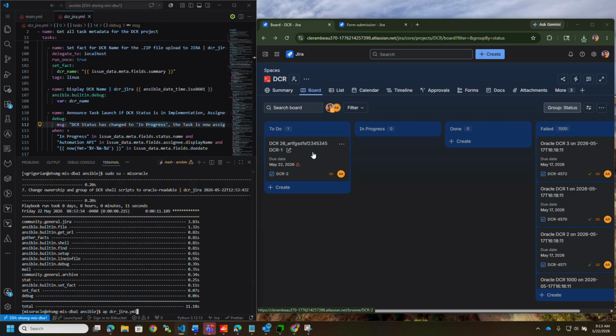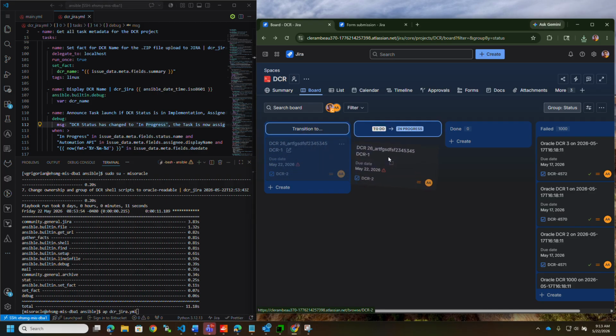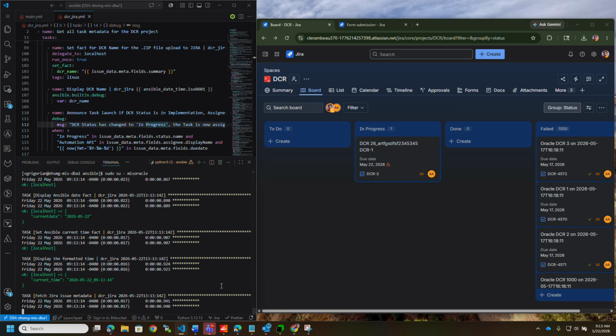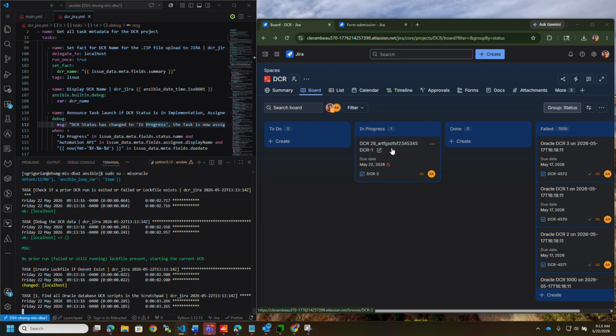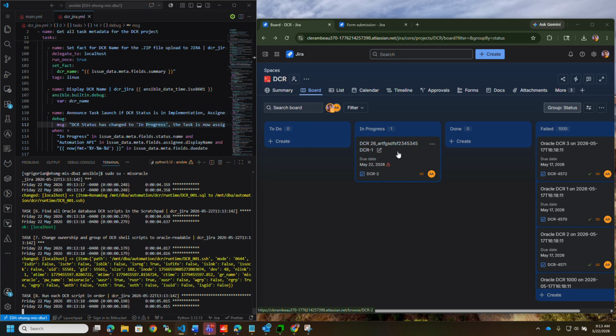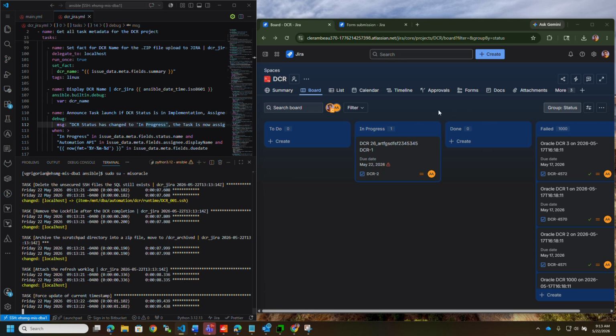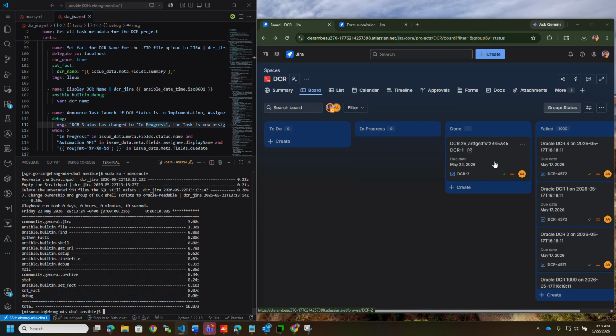So let's put it here, and let's see how automation works. This is in progress now. As soon as automation is done, it will move to done. So no DBA time. You see, it's done already. All this process took, let's see,